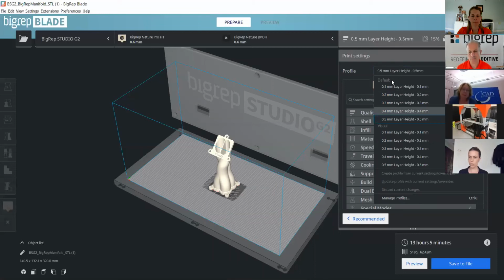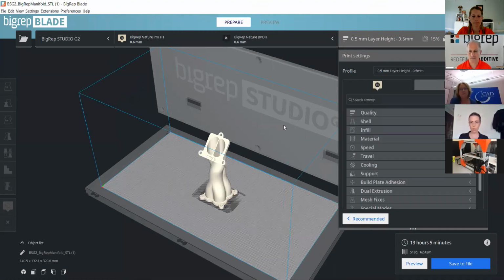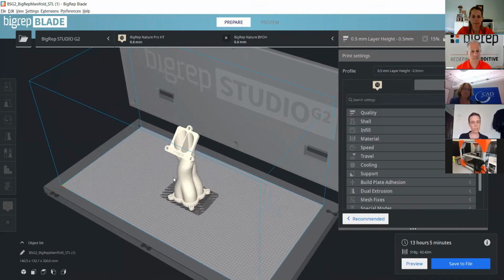Over here also, we provide you with numerous different layer heights and a default versus a visual setting. So essentially a balance: default would be a good print and a bit faster. Visual would be sort of the best option and a bit slower. So it depends on what you want. So not only do we provide you with the settings for all the materials, different nozzle sizes and machines, but we also give all the settings for the different layer heights for you. All you need in this program is a clean STL to bring in.